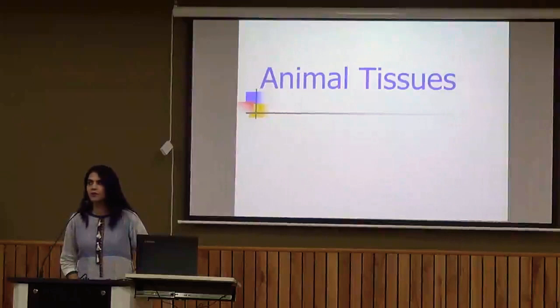All the three types of tissue, meristematic tissue, we can actually classify them on the basis of their location and on the basis of their function. The second type of tissue, that is the permanent tissue, again we have classified them into two types, that is surface and ground. In case of surface tissue, we had basically studied about epidermis. Now in case of ground tissue, again we are having simple permanent and complex permanent. Simple permanent, three types, that is parenchyma, collenchyma and sclerenchyma, and we have studied all the three types of tissue